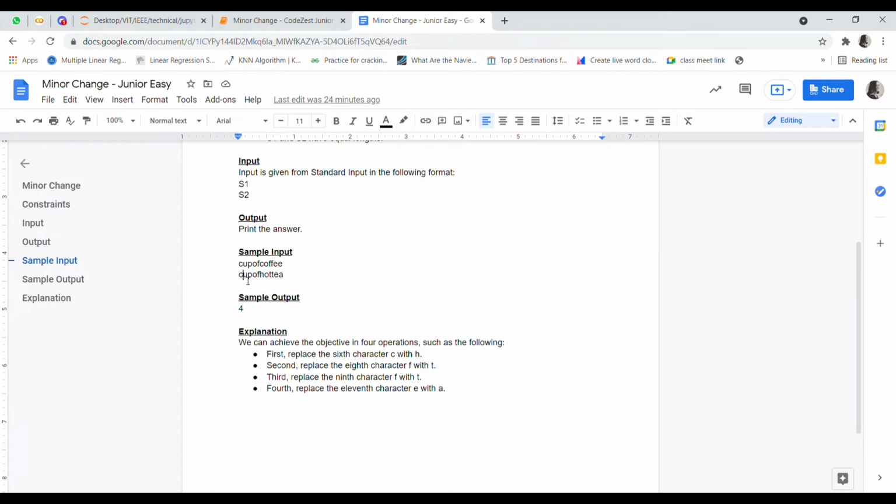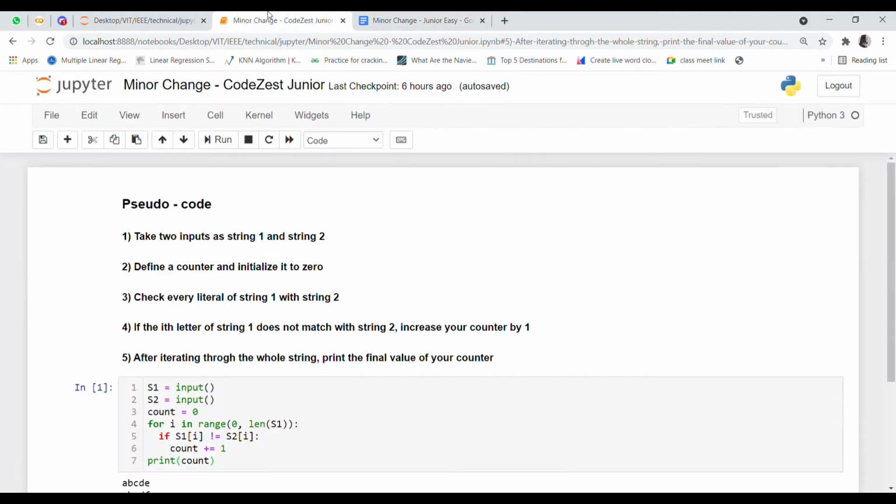If there is any point of difference between the two, the counter has to be increased by 1. At the end, when the whole loop is over, we can print the final value of the counter as our output. So that is what our pseudocode does.